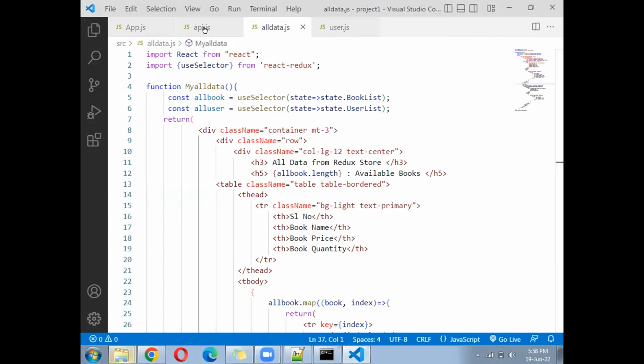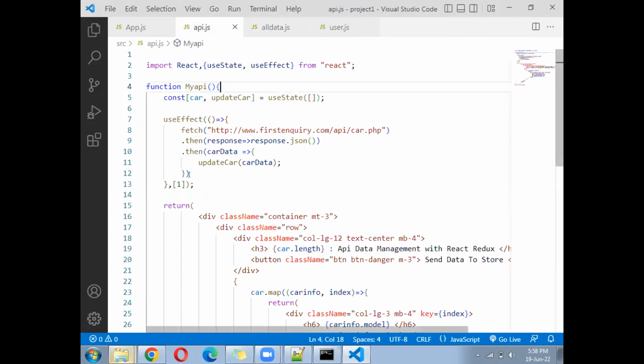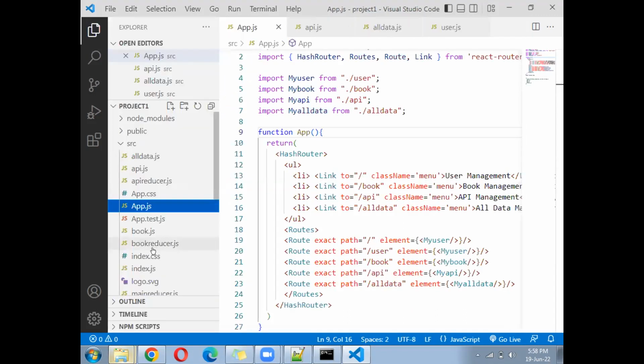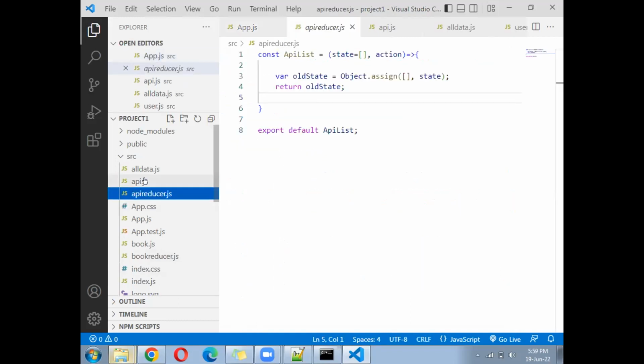Leave that. API.js file where we are listing the data, fetching the data. We will have one file somewhere called API reducer. Open the API reducer. In API reducer, you can write here